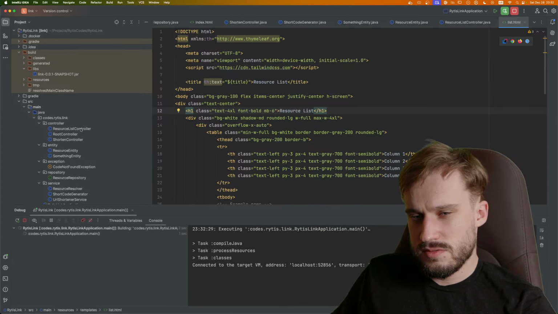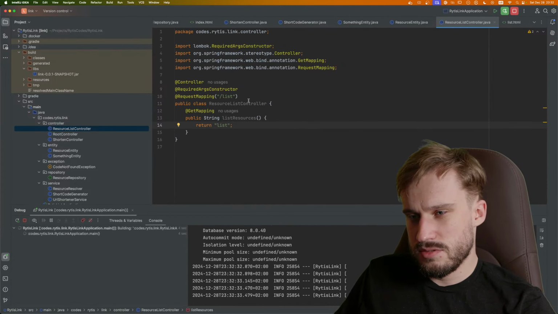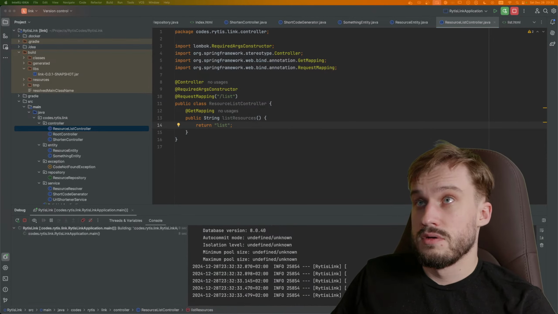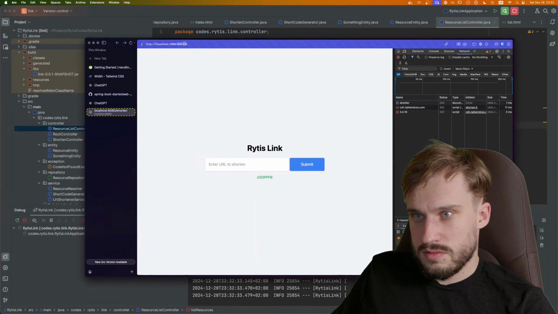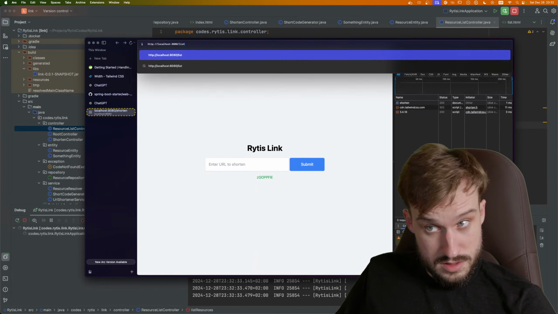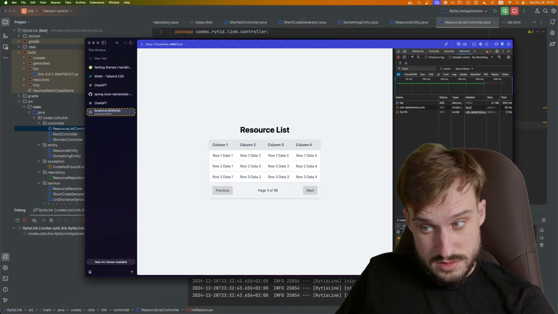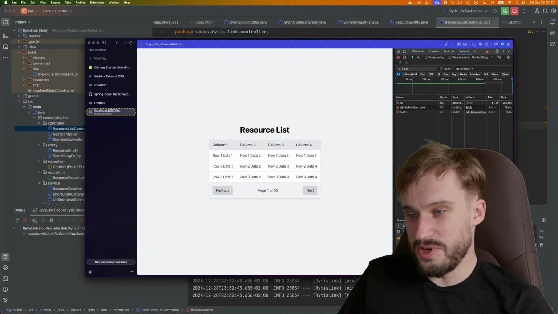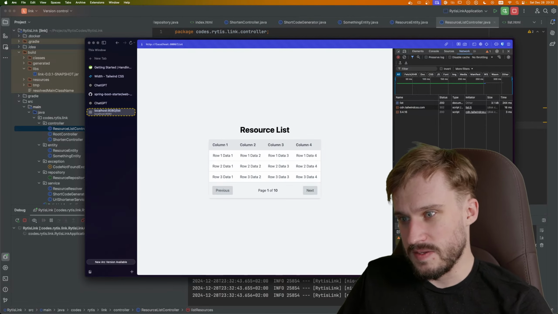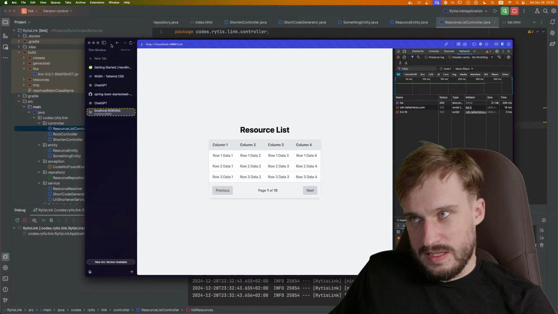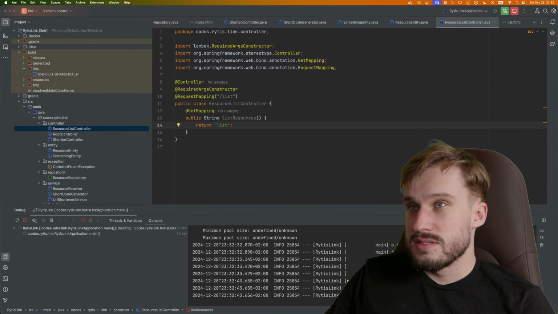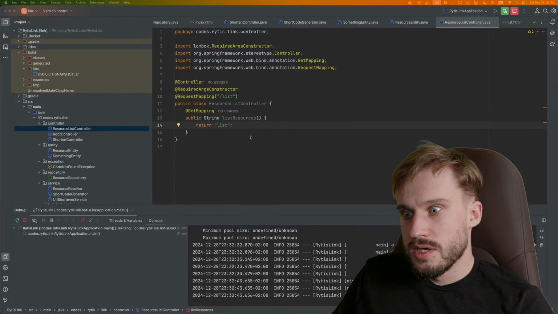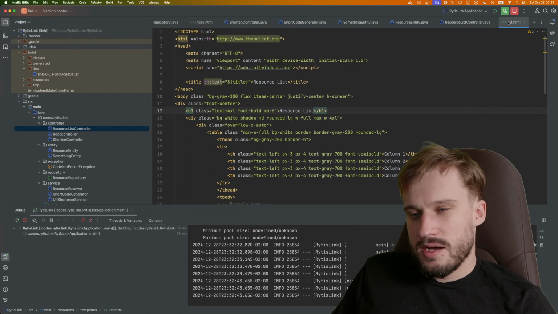Are we good to go? Resource list controller, list, get mapping, returns everything. And list. It's not the prettiest table I've seen, but it works, I guess. Has pagination, right? Okay,